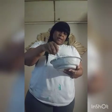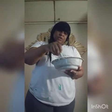So what I'm doing now, I'm just mixing the paint up. I just put it in this little small bowl that I use to get the fine edges that I can't get with the big paintbrush, and I use the small paintbrush to get in the small little edges. I stir it up, and this is semi-gloss paint, so it has a little gloss to it. I didn't want it too shiny, but when it's semi-gloss or gloss, the paint shows up so pretty. So I continue to stir it to make sure it gets its full color,